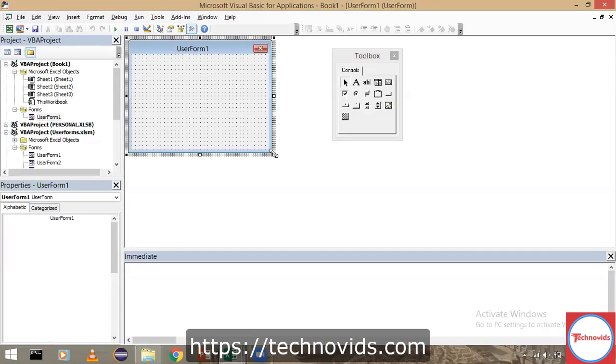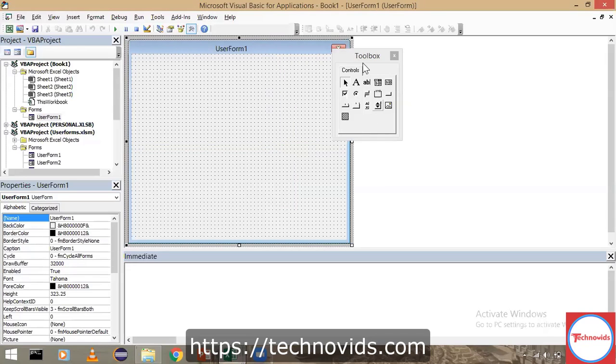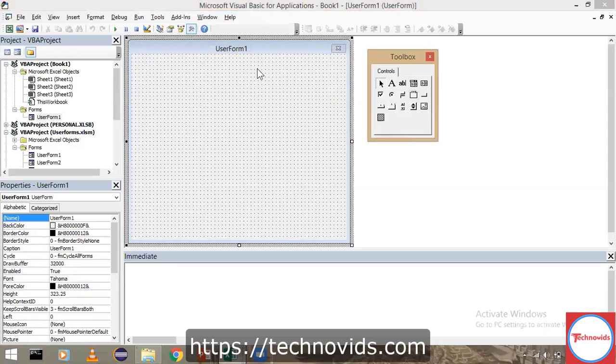I'm just expanding this a bit such that we can start adding our additional tools. So this is called a user form, plain and empty user form, and you see here properties of that user form is being displayed here as well. So let's start creating a basic user form. Now, these are some of the tools which I can create. I can create a radio button. I can create a checkbox, drop down, which is called combo box. List box is there. Combo box is there. ABC is there here, which refers to the text box. And this is called a label.